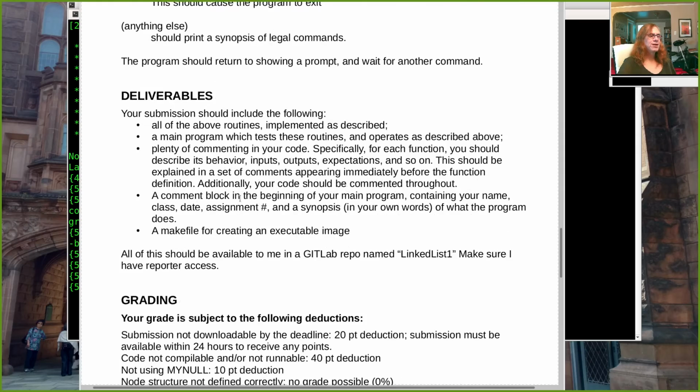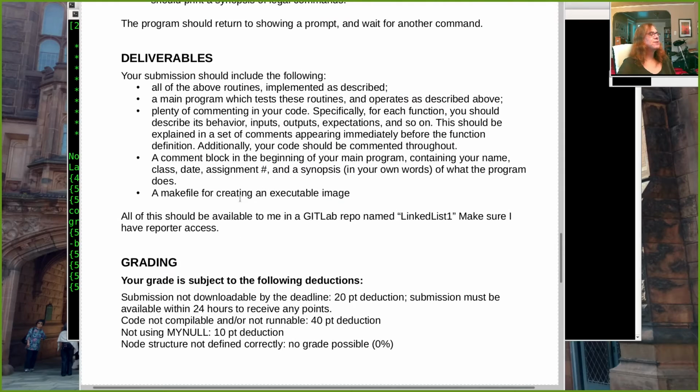All right, main program we just looked at. Let's talk about the pieces we didn't talk about on Friday. So deliverables. All of the above routines implemented as described. The main program as described that lets you test your functions. Lots of commenting specifically for each function. Describe its behavior, the inputs, the outputs, the expectations, the side effects, the possible errors, everything you can think of,